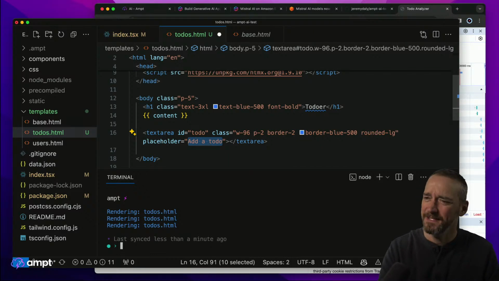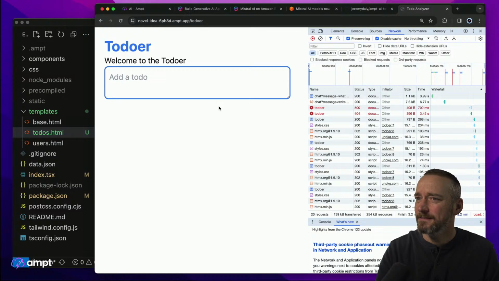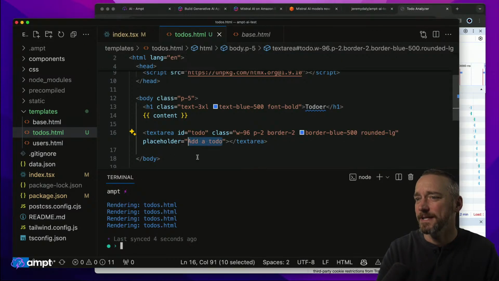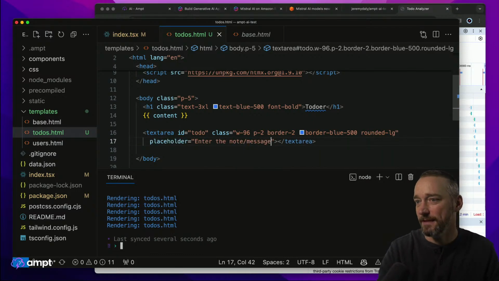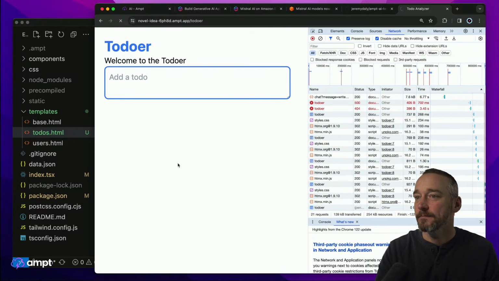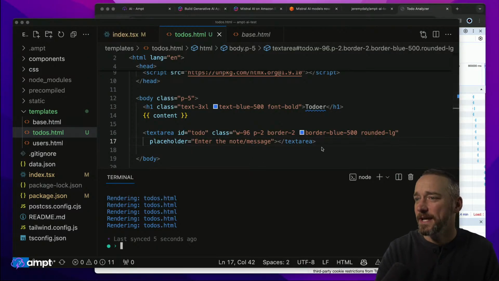I don't even think does placeholder even work in a text area? Oh, yeah, look at it does. Okay, so we're not going to say added to do. We're going to say, enter the note / message like that. Okay. All right, so now we've got this nice pretty little thing here, enter the note / message,